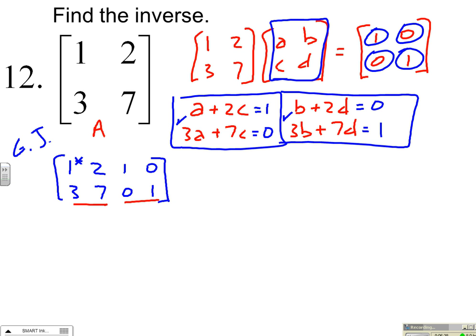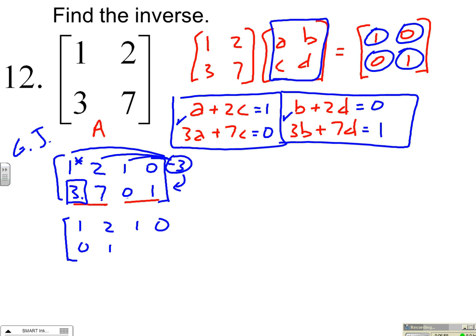I'm going to multiply the first row by -3 and send it down. First row stays 1, 2, 1, 0, and I get -3 and 3, 0. I get -6 and 7, 1. Ooh, that's convenient. I get -3 and 0, -3, and I get 0 and 1, 1. So now I'm going to use this 1